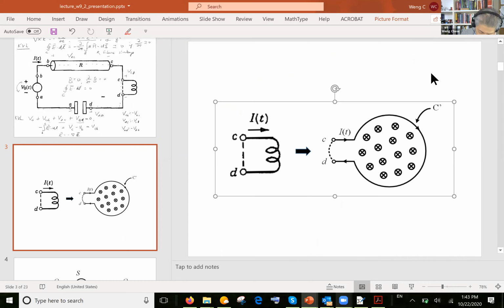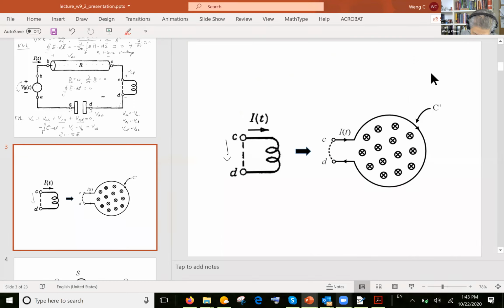So what I have is that if I were to integrate from VCD, which is what I did before, I just integrate from VC to VD. And how is that related to the flux linkage in this problem? So I'm going to define a new integral, and that integral I call C prime. C prime is going to go like this, as you can see here, and then go from here to here. And then E dot dl. And this is going to